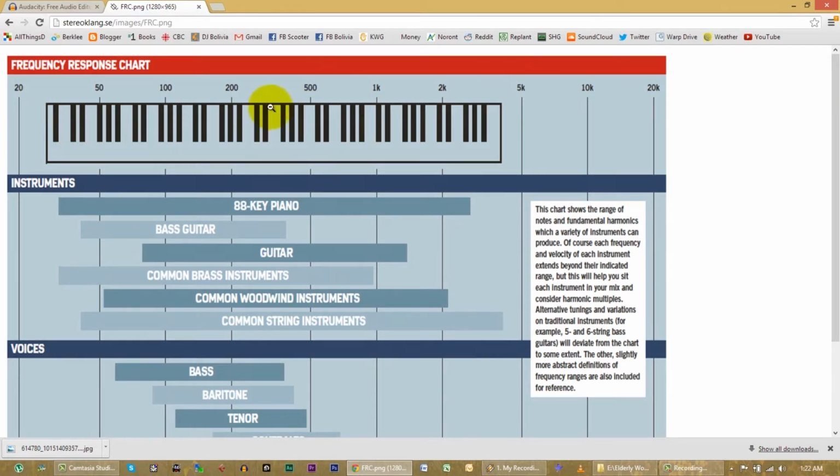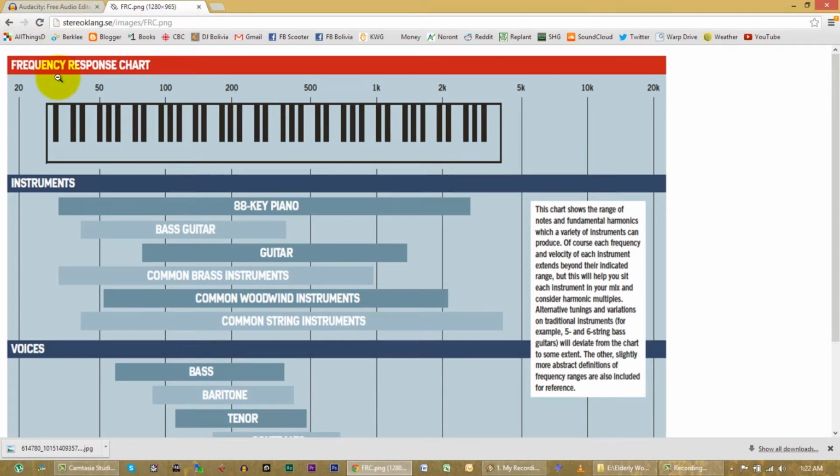You get up around middle C. This is middle C on a keyboard if you're used to playing a piano. And the frequency of middle C, I think, is around 261 hertz, which kind of makes sense. You go up to the highest notes on a piano, on the right side of the piano, highest pitch, and you're up around 4,000 hertz or 4 kilohertz. But of course there are sounds that are higher than the highest notes of a piano.